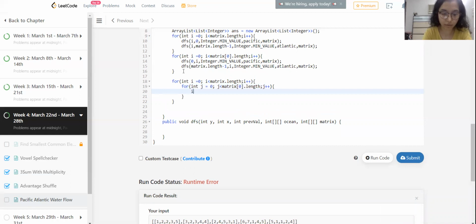So we'll check if Pacific of i j equals Atlantic of i j.